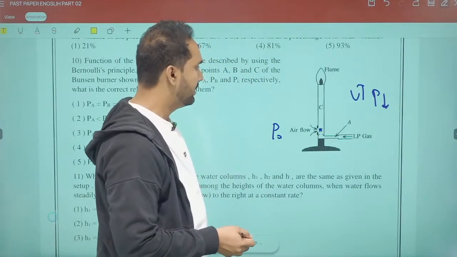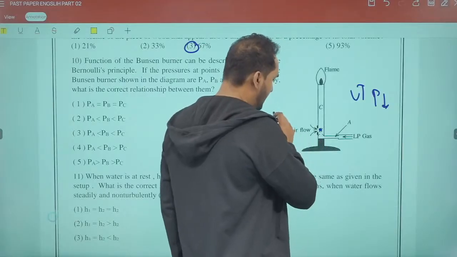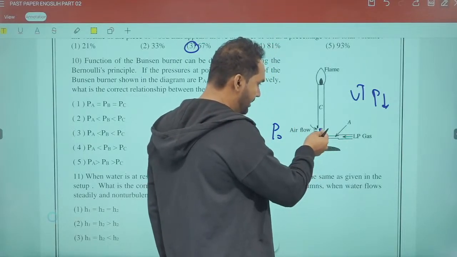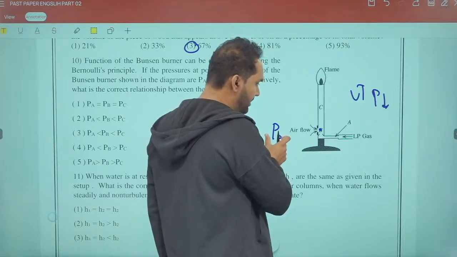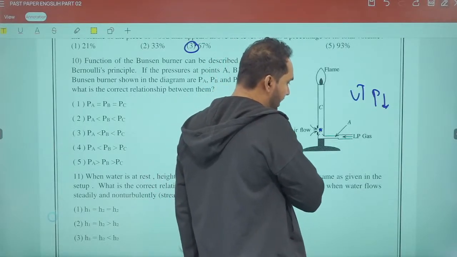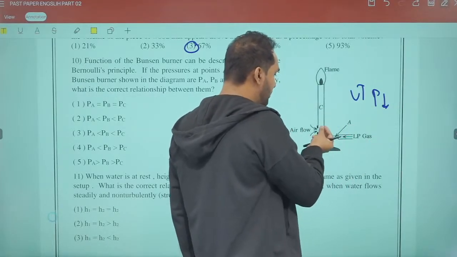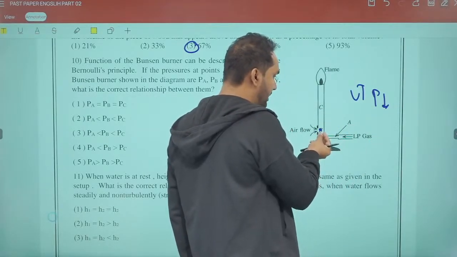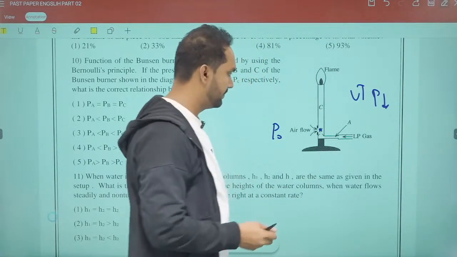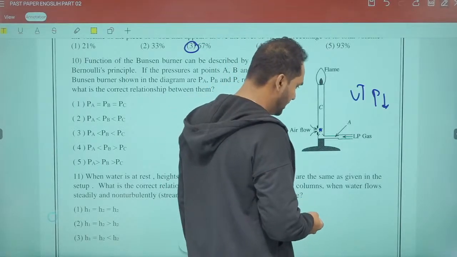Now, because of that lower pressure, the atmospheric air is sucked in, because the pressure here is low and the atmospheric pressure is high. So because of the pressure difference, the atmospheric air is sucked in with the LP gas, and both go to C and burn as a flame. So that's what happens. So if we compare A, B and C,